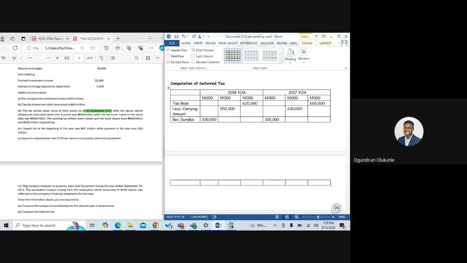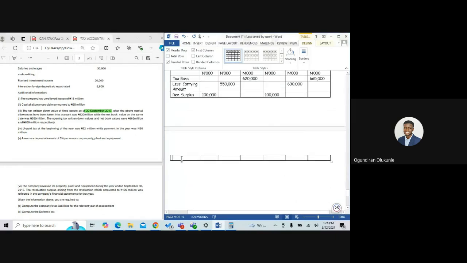So what's the revaluation surplus? It was revalued in 2012 and the valuation surplus is 100 million. So we have 100 million here. What was done in 2012 is going to affect both 2018 and 2017. So that's how far we've gone on this table, right? So then you say less